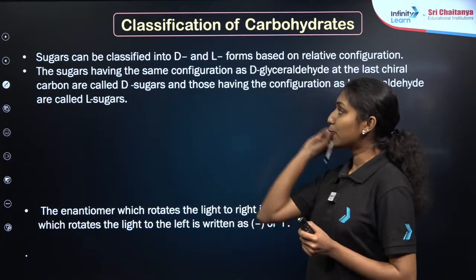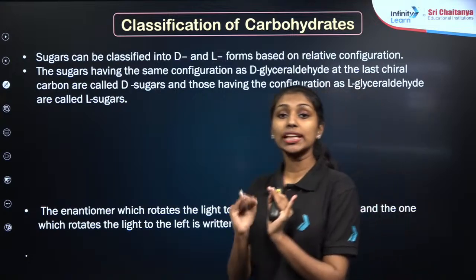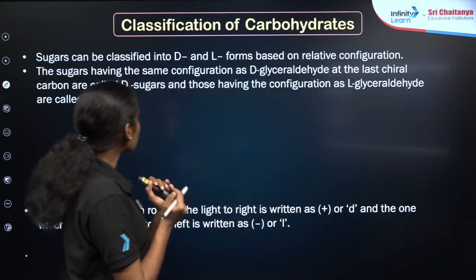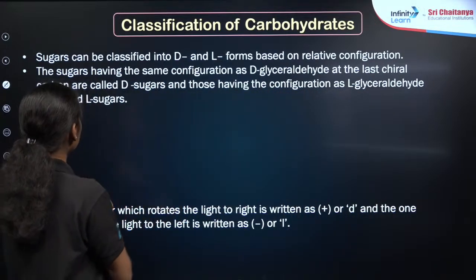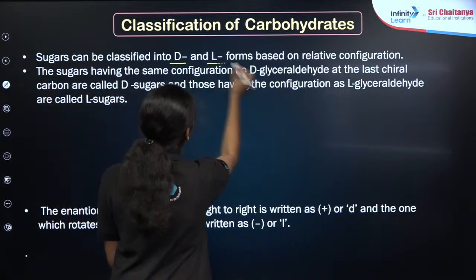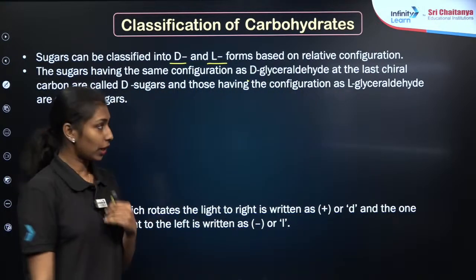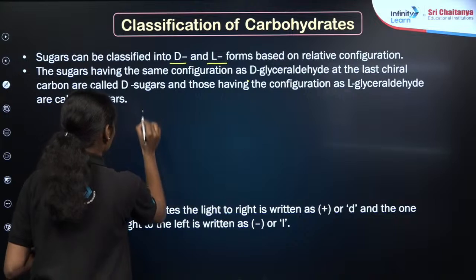Next is the third type of classification based on the structure or the relative configuration of compounds, right? So we can classify these sugars as D and L forms based on their relative configuration. For example, if I am taking